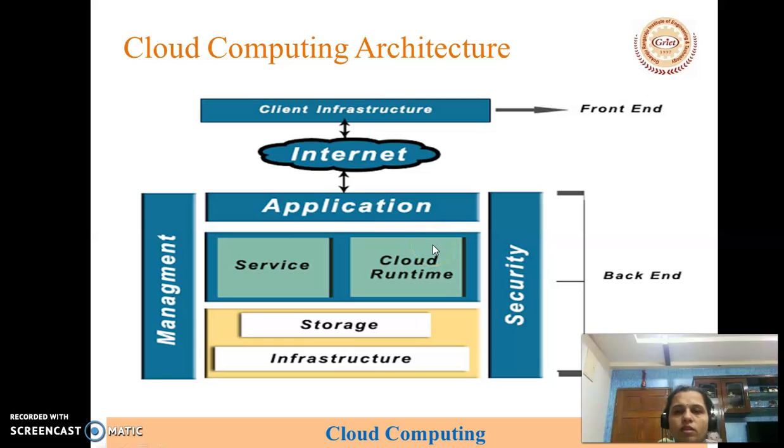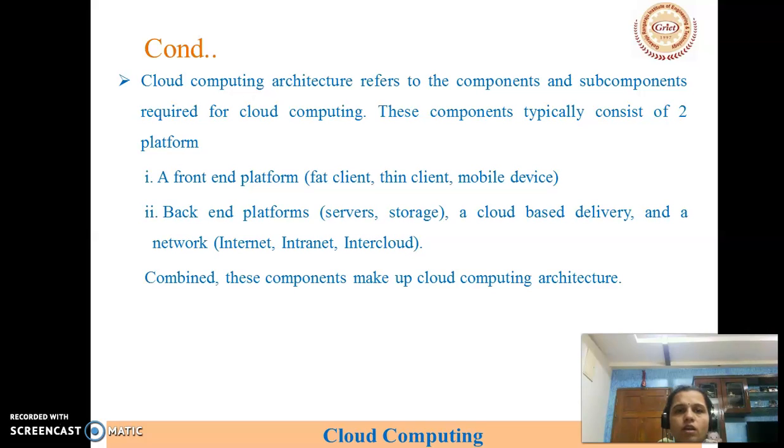Right. So now we will see what is meant by front end and what is the back end. A front-end platform will contain flat clients, thin clients, or a mobile device. Front end is nothing but any type of device which we are using. A flat client is nothing but a machine which has high throughput or a high performance system. A thin client is nothing but a device which contains simple storage capacity, simple storage networks like that. Then again we have the mobile device.